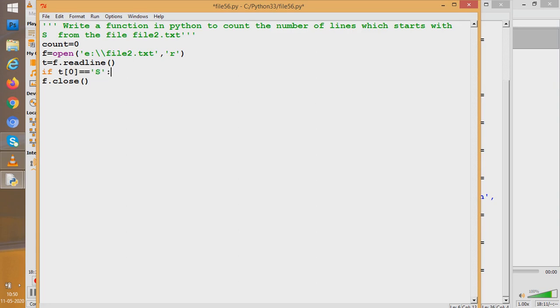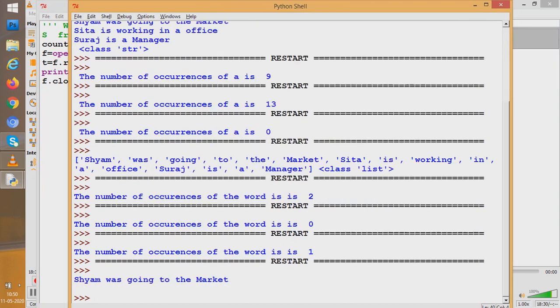But is it good? One line at a time, then the next line at a time. You can see how it works. If I give T is equal to f.readline() and print the value of T, it will give one line at a time. So if I run it, only "Sham was going to the market".